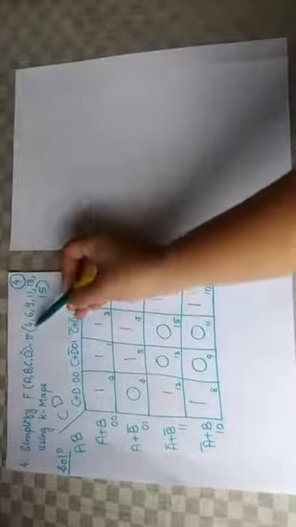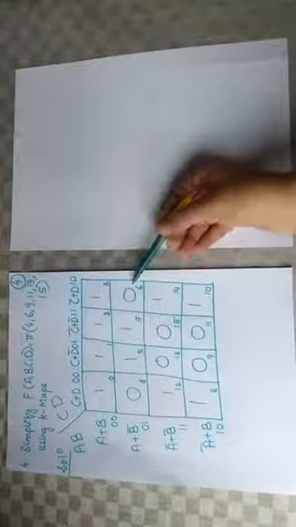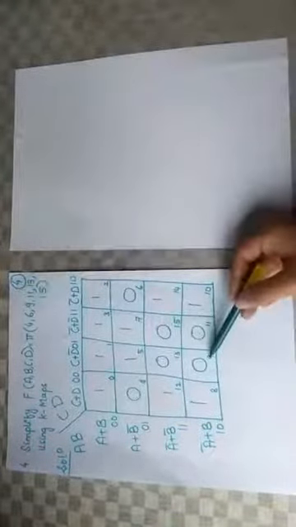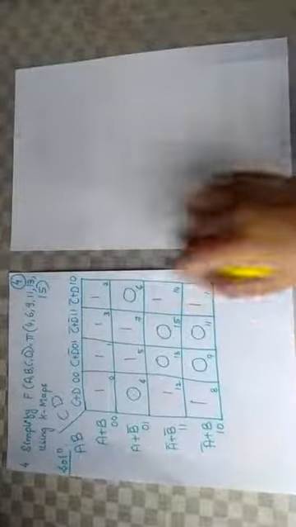Okay. You have 4 here. So with the cell number 4, we have to place 0. 6 here. 9 here. 11 here. 13 and 15. All the remaining blocks are being filled with ones. Okay. Now, let us go for the grouping part.